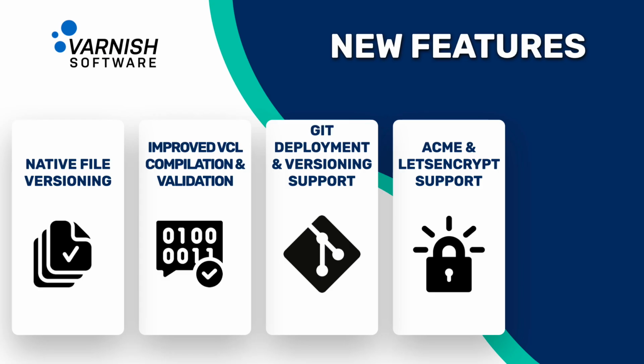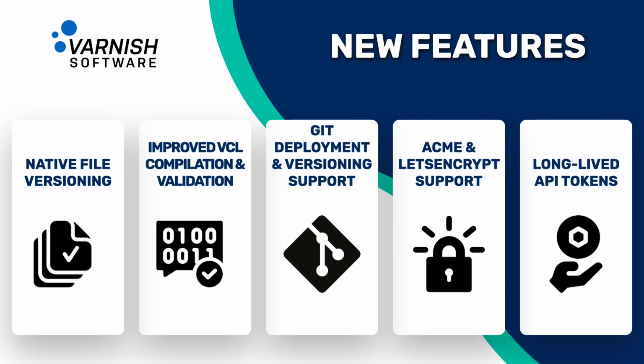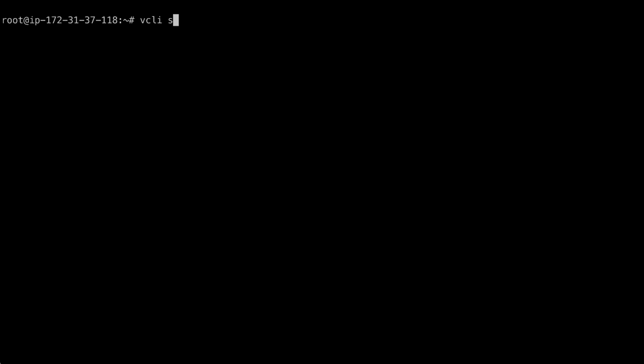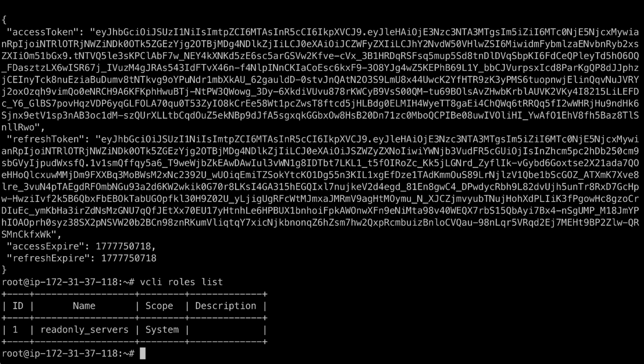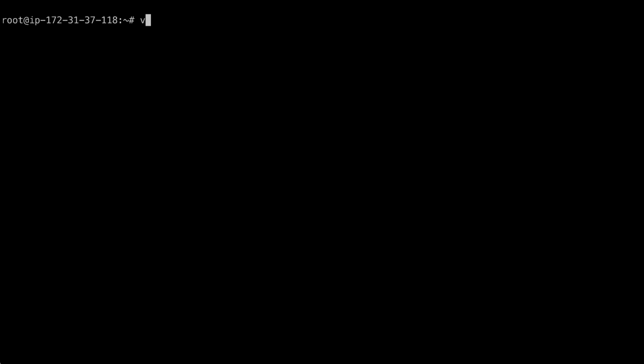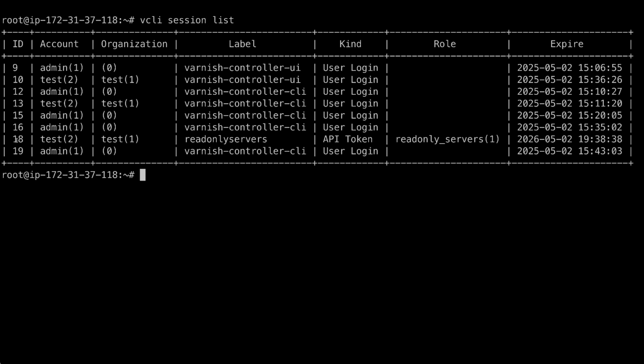We have also added support for long-lived tokens, or long-lived sessions as we call them. This means that you can create a long-lived token that has a custom expiration time, for example, several years in the future. And of course, you can revoke them at any given time. You can also attach a role to the custom token, which means that the custom token might only be able to read statistics or any other type of resource. And this is great because the controller is API driven. And I think that's about it for this new major version. So thank you for watching, and back to you, Thijs.